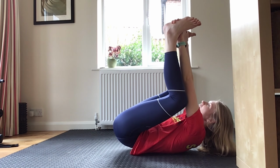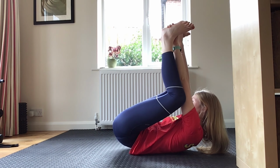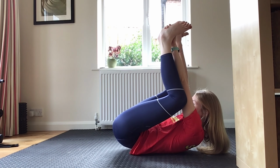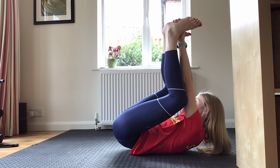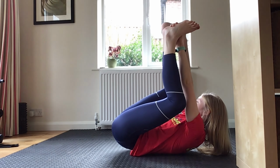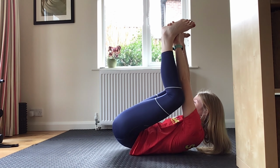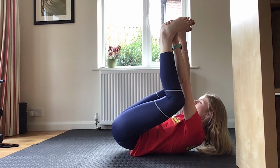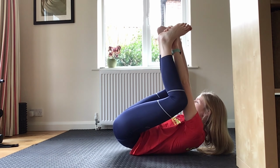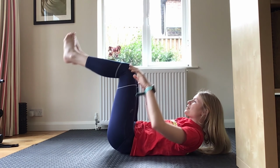This pose is called a happy baby, and I think it's because it's probably their favourite position, because they can just rock back and forth, and babies are way more flexible than adults or children are, so they probably find it a lot more easy than we do. Brilliant, guys. Hopefully that was a bit of fun and no one toppled over, but if you did, you're obviously rocking a good amount. Okay, bring your feet back down,